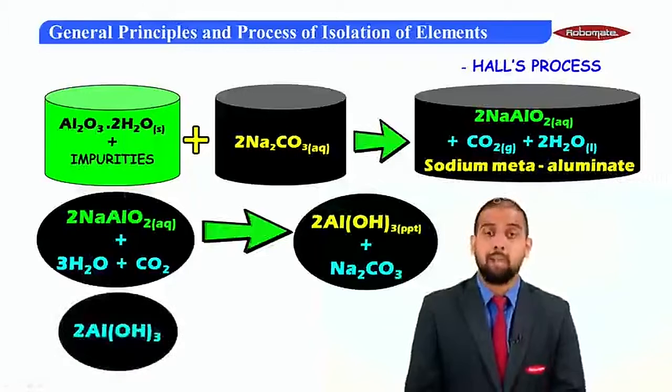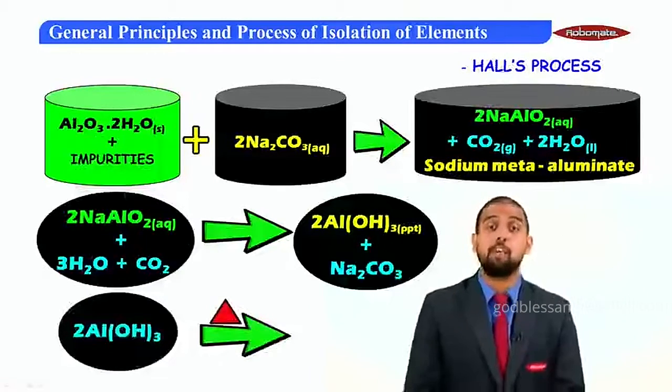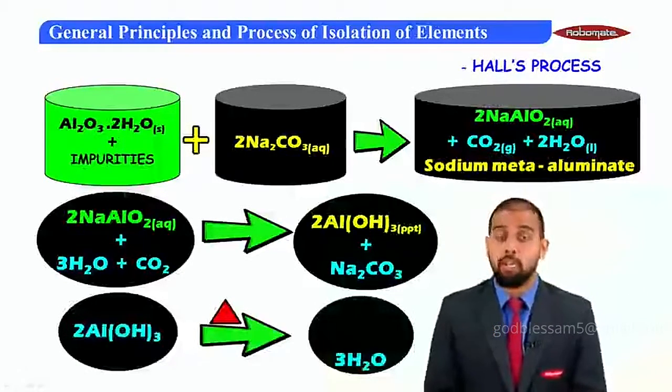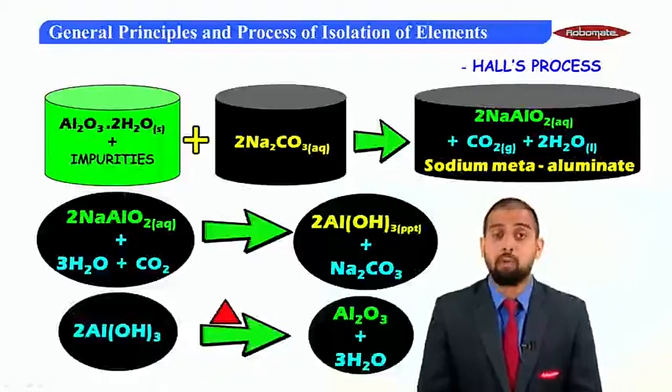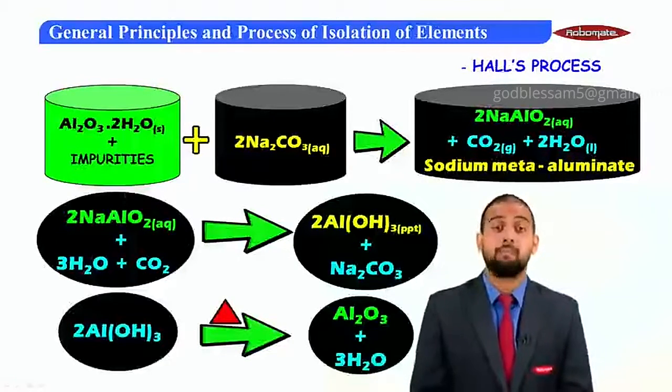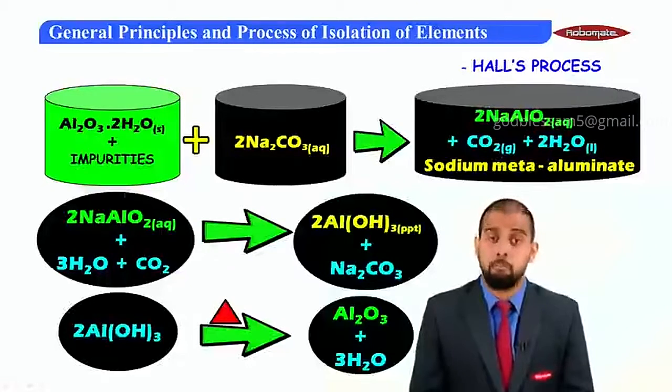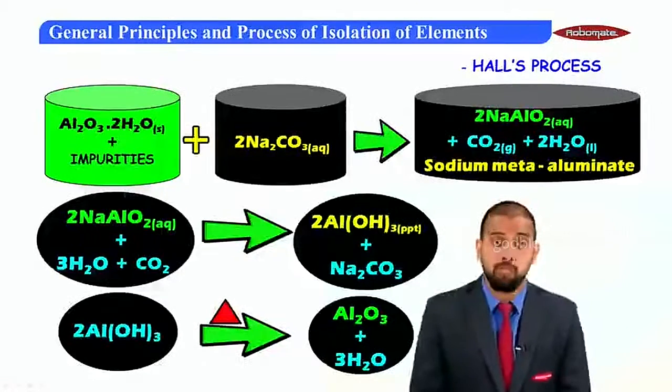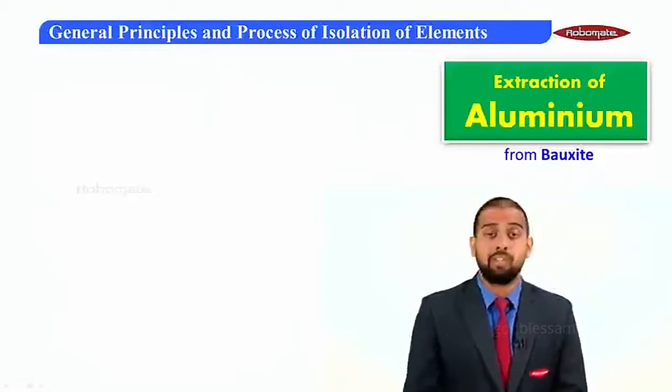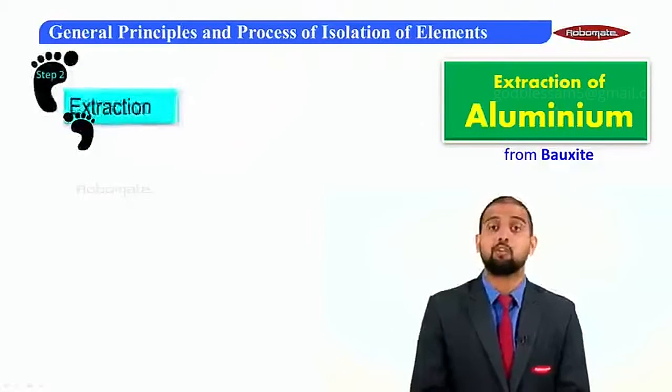Well, this aluminium hydroxide is further heated so that it loses a few molecules of water, leading to the formation of a dry powder called alumina. Hence the name leaching of alumina from bauxite, and the process is Hall's process, and the leaching agent is sodium carbonate. Now, since we are done with the concentration technique, now it is time for us to talk about